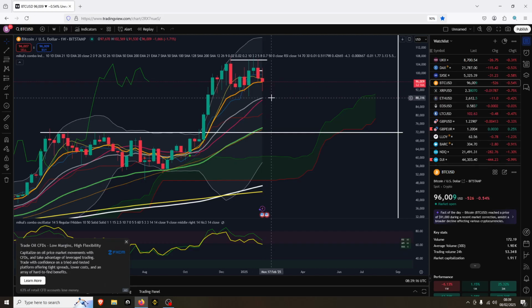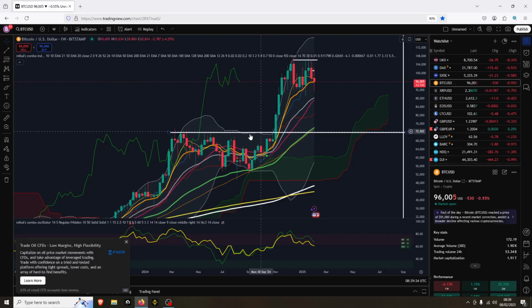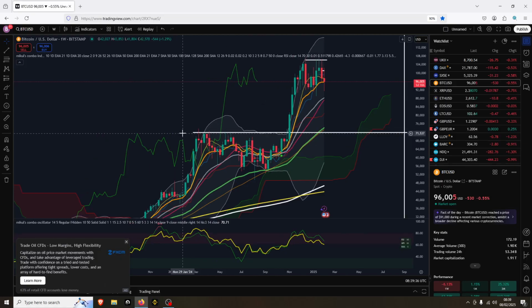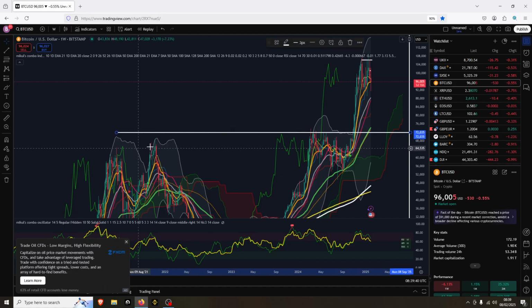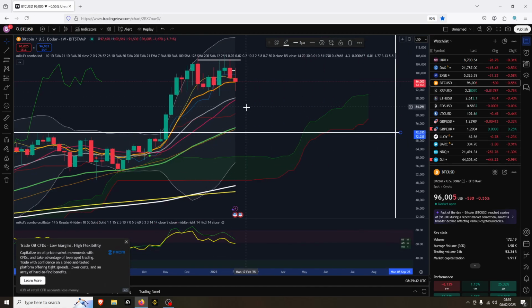But if we lose it, probably the worst I would be looking for would be around the upper $80,000 zone. I'd find it pretty hard to imagine moving into the 70s based on the way it looks right now. I don't think that's going to happen, but you can't rule it out, obviously. And if it did come down to there, that's a previous peak over there. That's a significant peak. That's not too far off the previous all-time high as well. So it's on the cards.